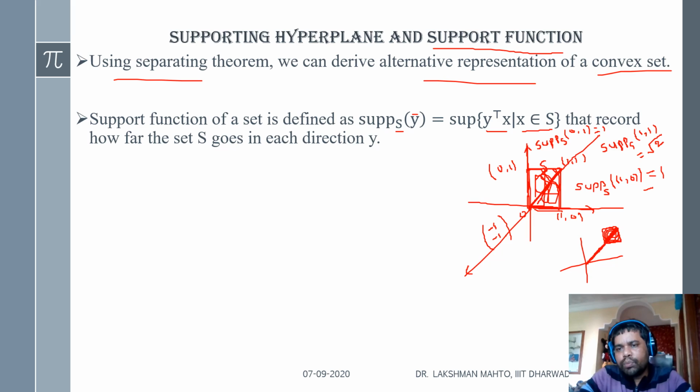So a different kind of concept will come, because here this set's corner is not the origin. Similarly, this is the support in the direction of (1, 0). This is the effective length. You just have to calculate the effective length. So the support in the direction of (0, 1) would be just this length.